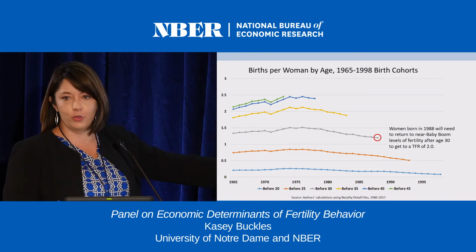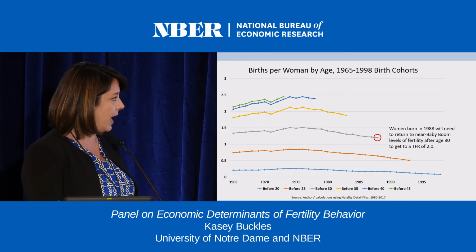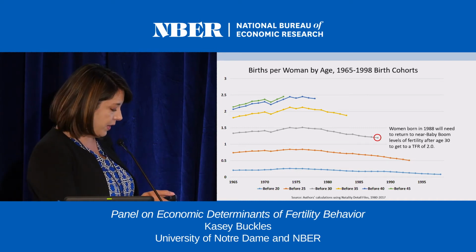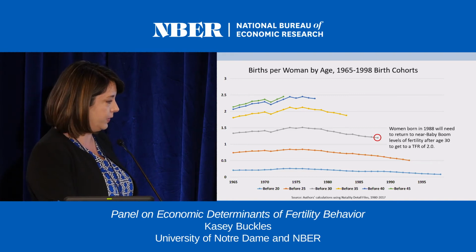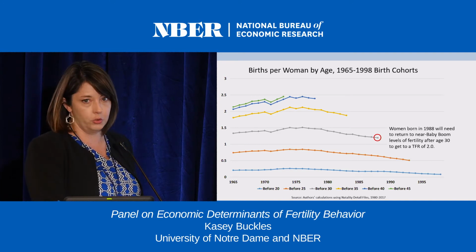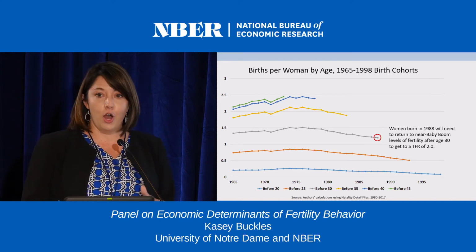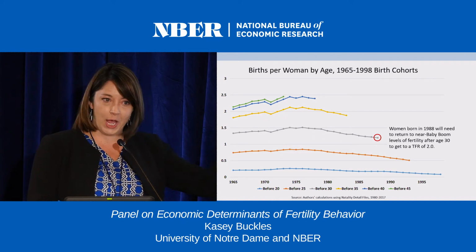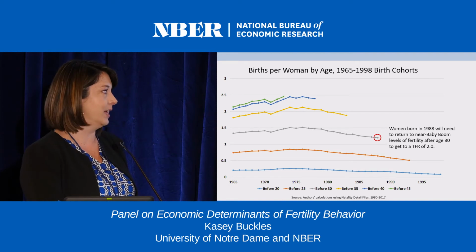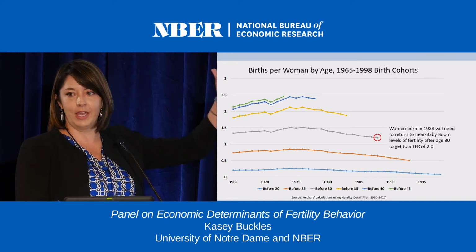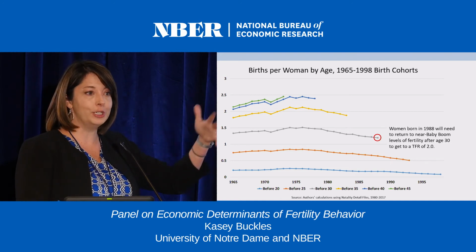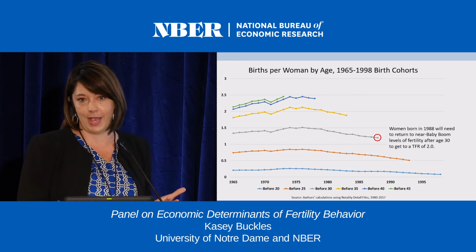We can only see these women through to age 30, right? But if we do that, their fertility is really strikingly low, I think, even compared to cohorts just 10 or even 7 or 8 years ahead of them. So they're looking at, by age 30, 1.2 children per woman. Now, they're only 30, so they have time to make up, but they kind of need to get on it, and they're going to have to do it at quite high levels. So if you think of, as Martha said, those baby boom levels of fertility post age 30 as being kind of what's possible, they're going to have to be quite close to that, actually.